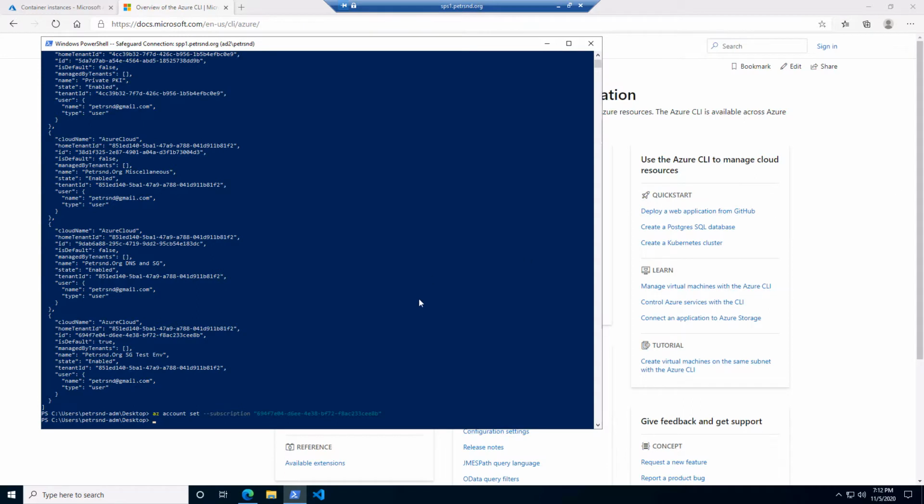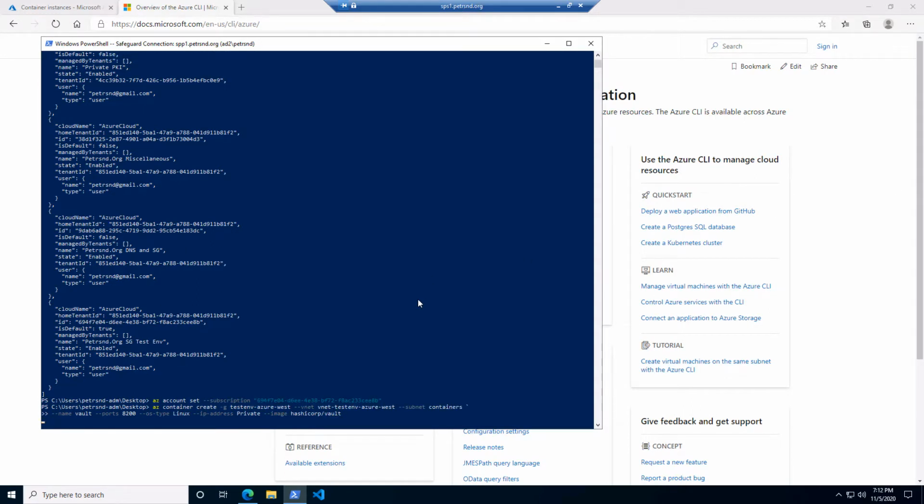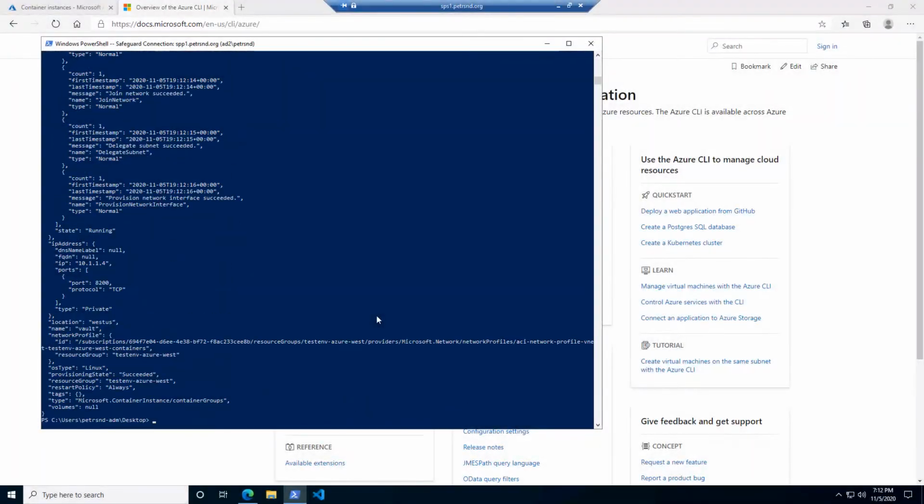groups set up. Now we're going to be using the Azure CLI to deploy HashiCorp Vault to Azure running in a Docker container. You can see from the command that I just need to select the Docker image I want to run, the network and subnet, and expose the port that I'm going to be using to access Vault. That command takes about a minute to run.